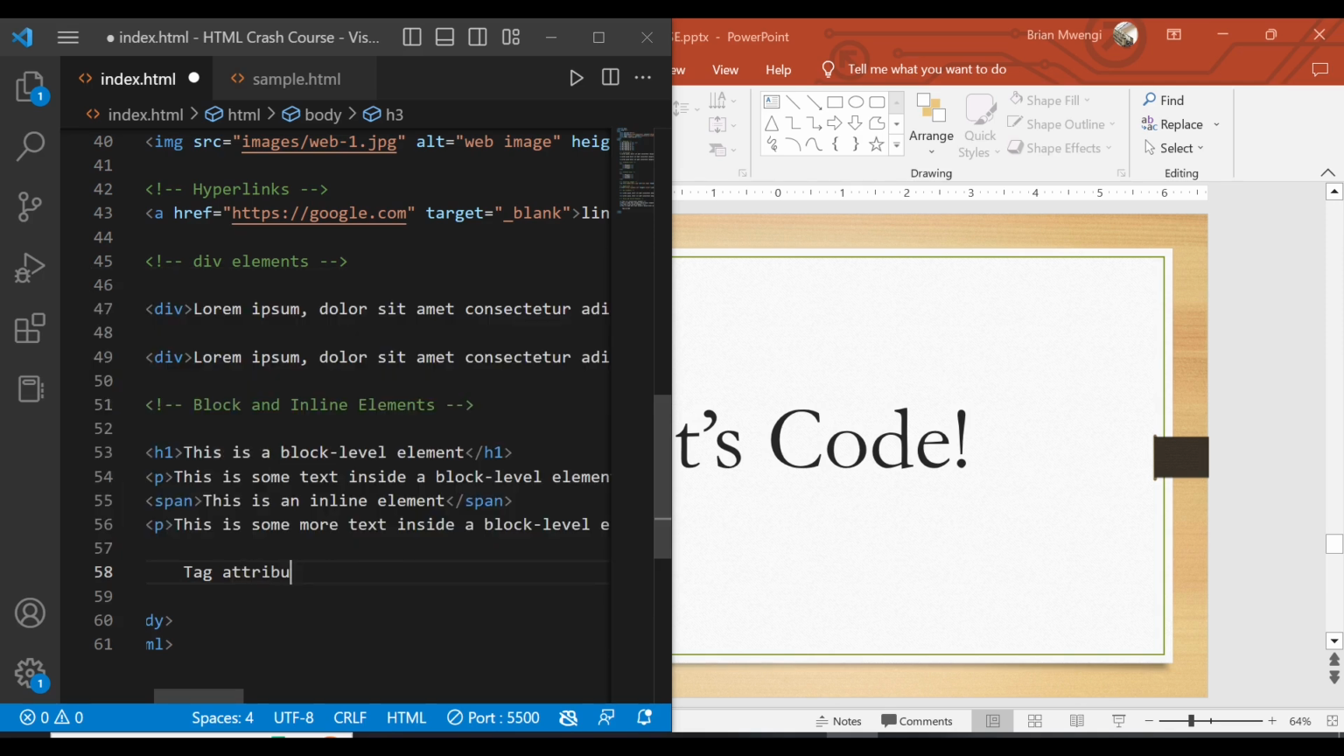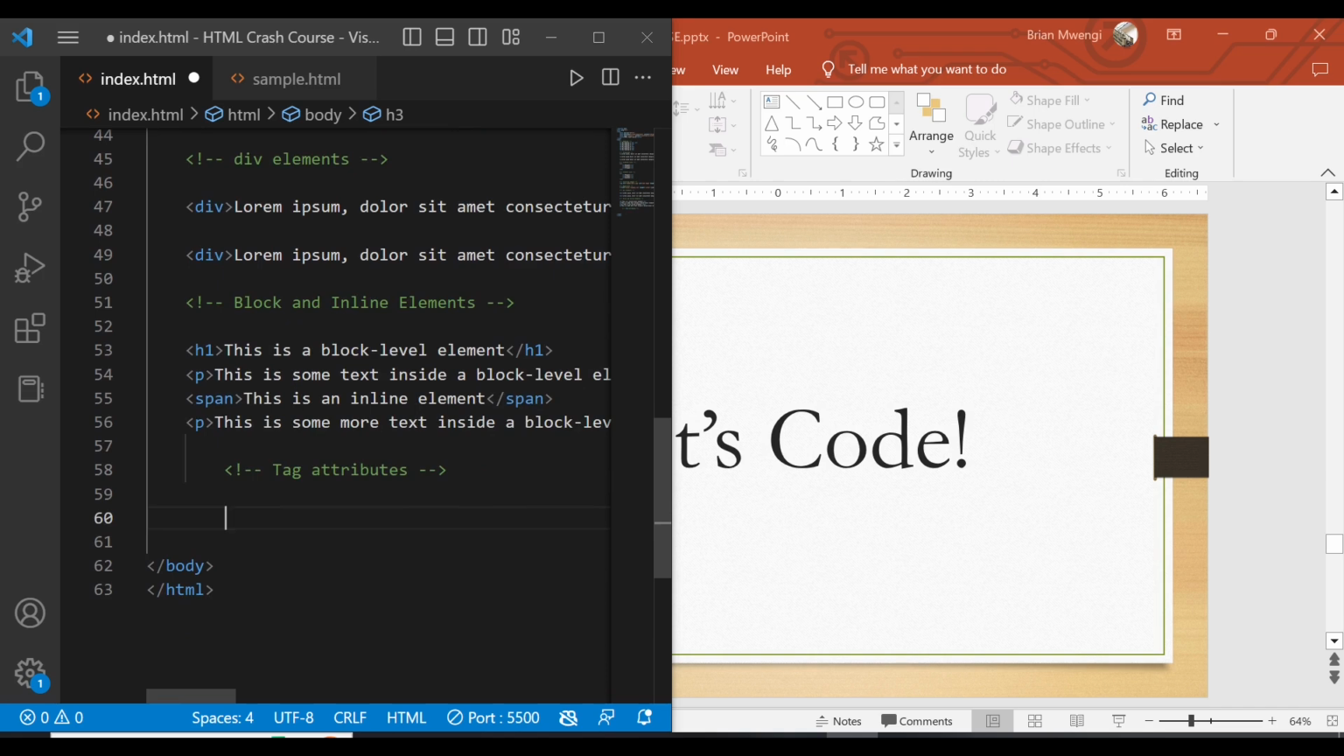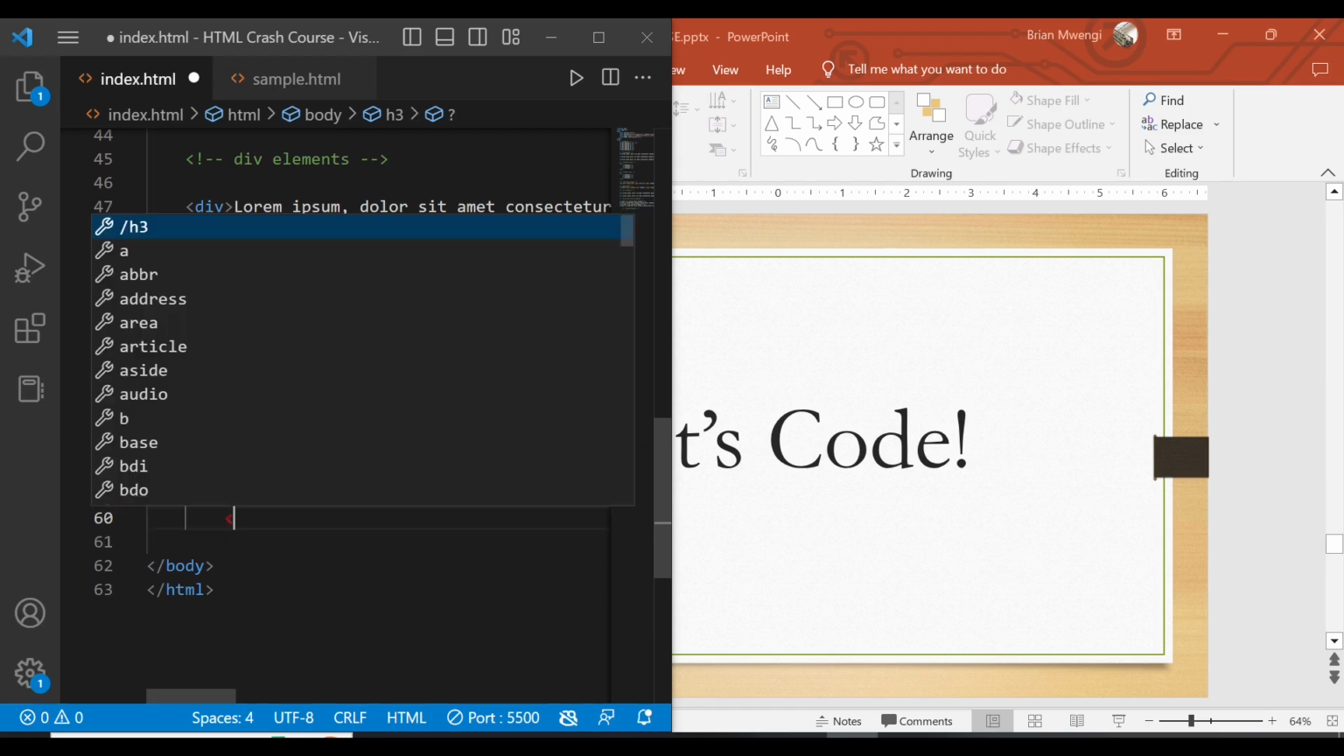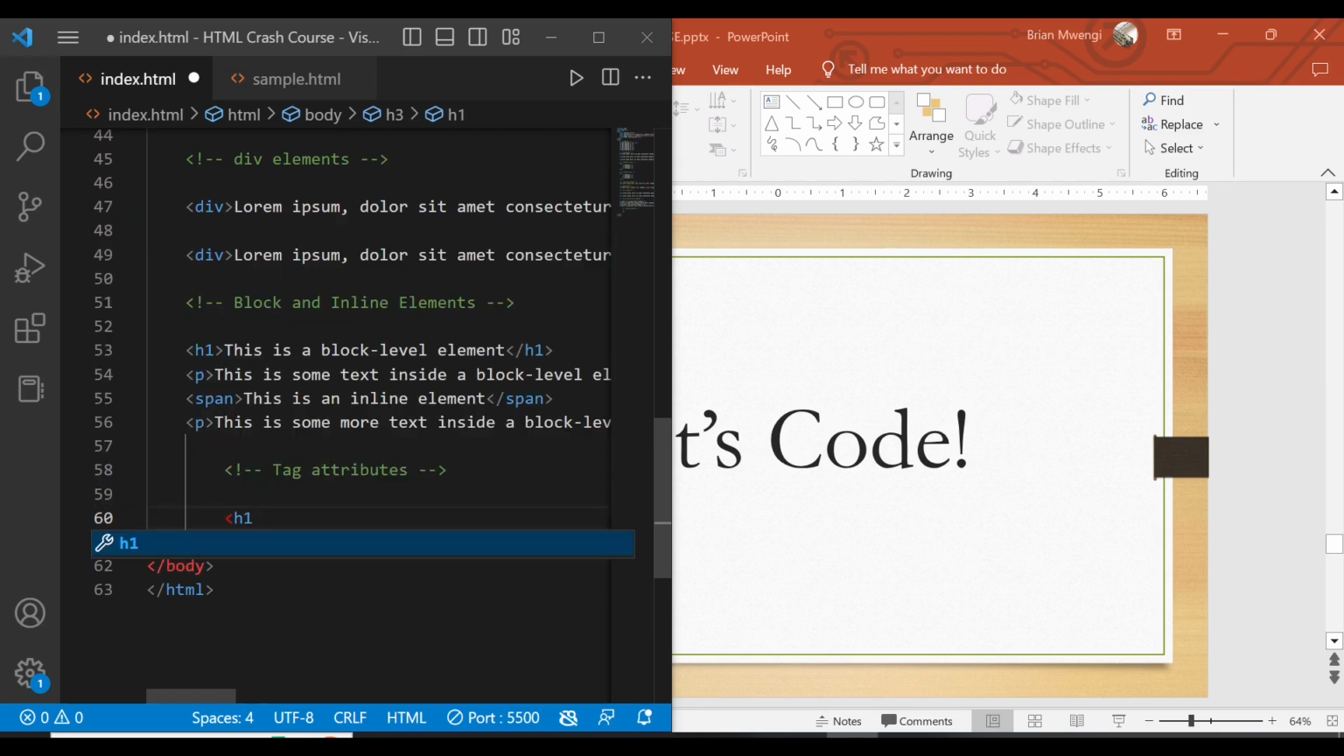Tag attributes like this. Okay, so this is what we have. Then, what example can we have? For example, let's say we have H1. We have H1, like that. This h1 is going to be something like this. This is a heading,